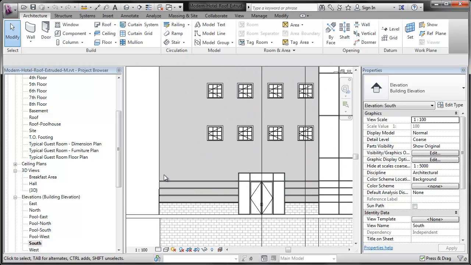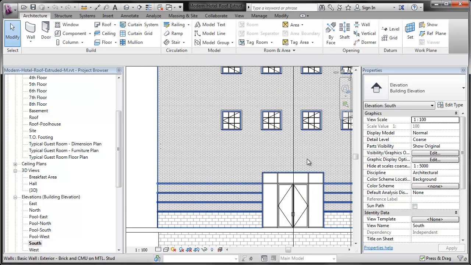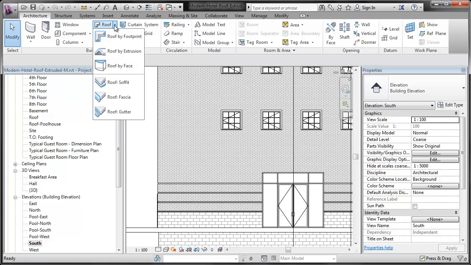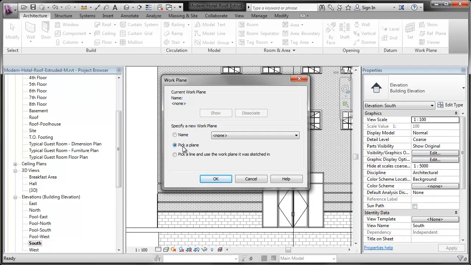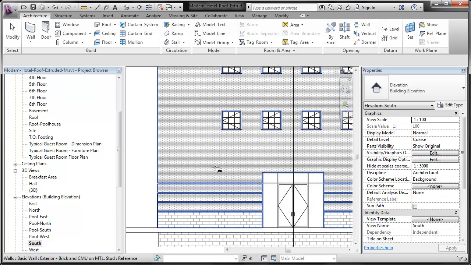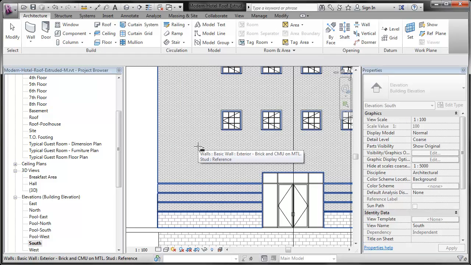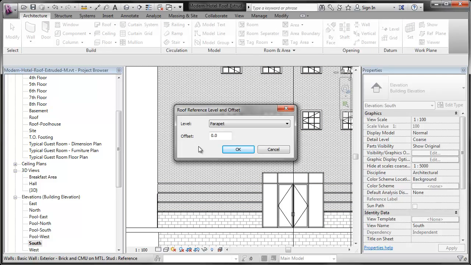And we're going to zoom in along here, and we're in effect going to do some type of funky roof along here. So we're going to start off by making our roof by extrusion. When this little work plane pops up, we're going to say we want to pick the plane. And then what we want to do is hover over the wall until the whole wall has a little blue outline to it, and then we want to pick that piece, which was selecting the front face of the wall,